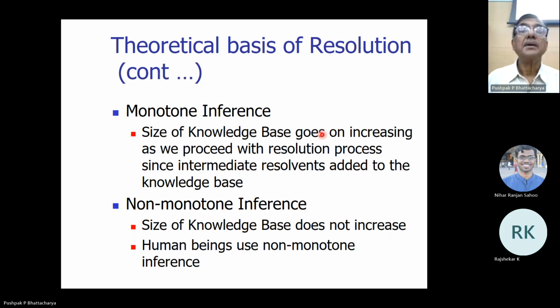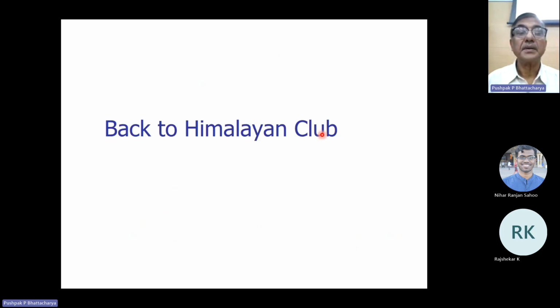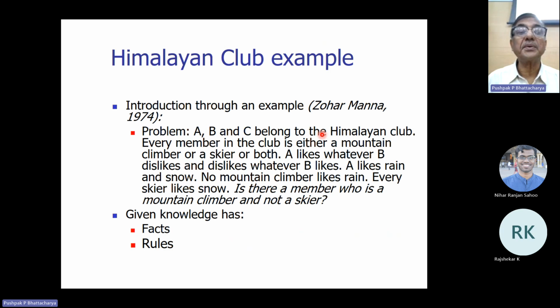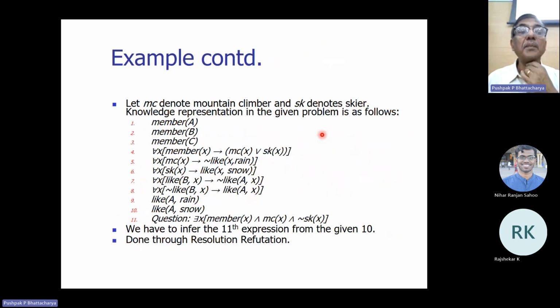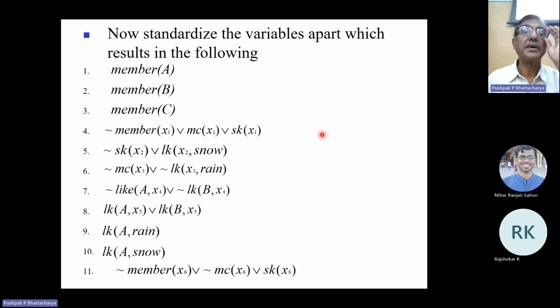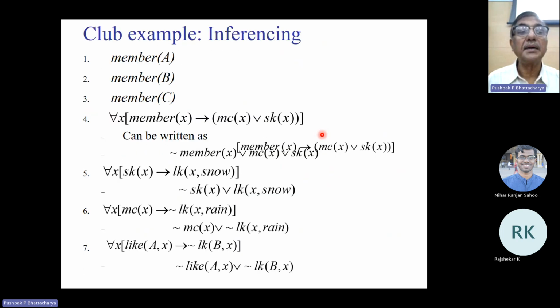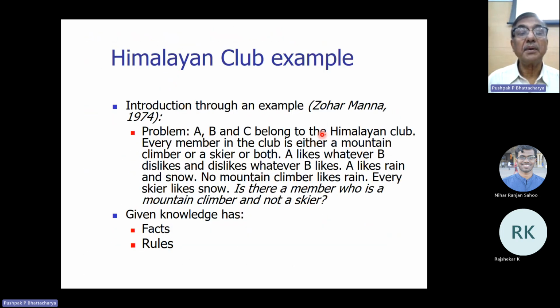Okay. So non-monotonic reasoning is the real life reasoning. Resolution refutation is an approximation. So now to show that the knowledge base keeps on growing, let's go back to the resolution tree for our problem. You remember this problem that A, B, C are members of the Himalayan club, and every member in the club is